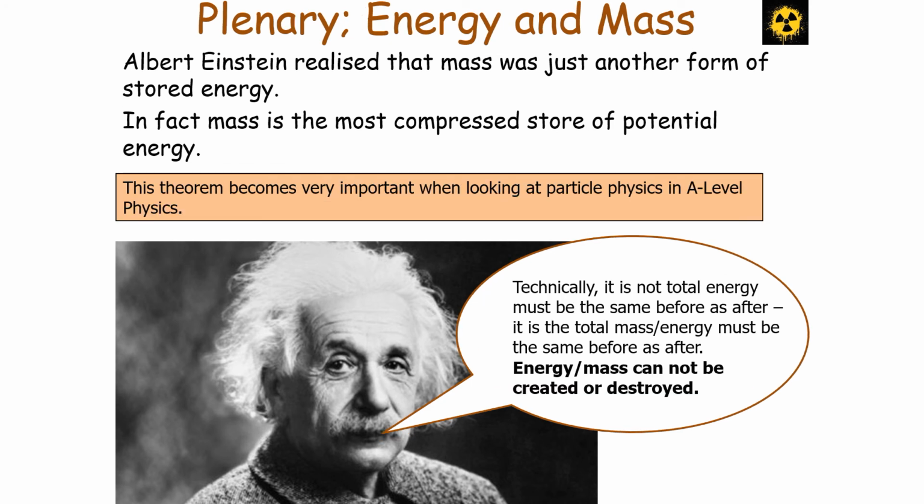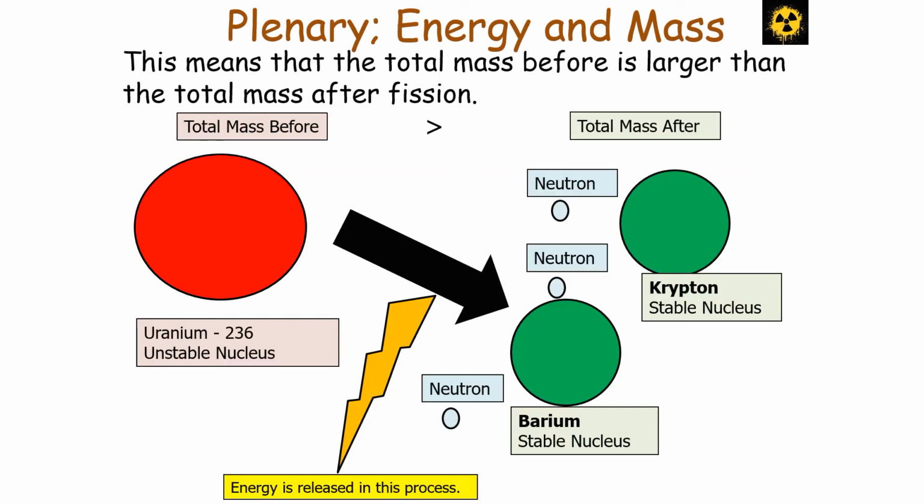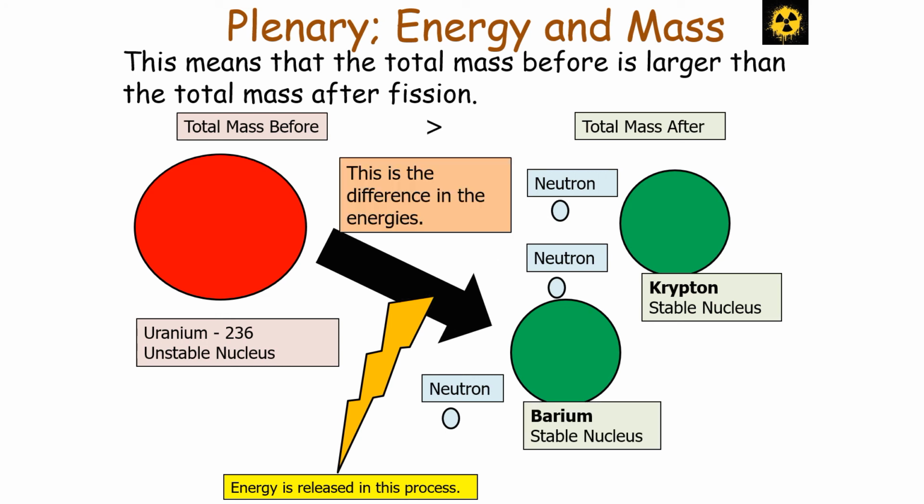Now technically, it's not total energy, because the total energy must be the same before as after. It's the total mass slash energy that must be the same before as it is after. Energy slash mass cannot be created, it cannot be destroyed. So this means that in the fission process, the total mass before is larger than the total mass after the fission process. Now the difference between the two masses is the difference in the energies, and the energy is then